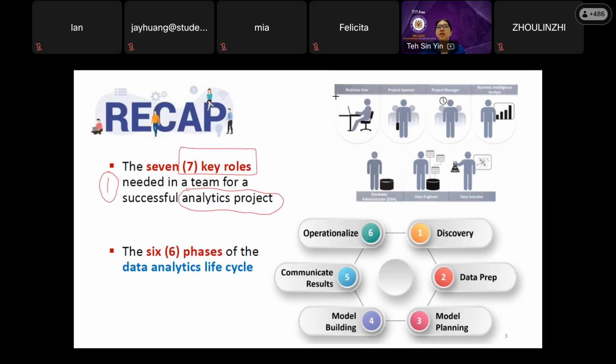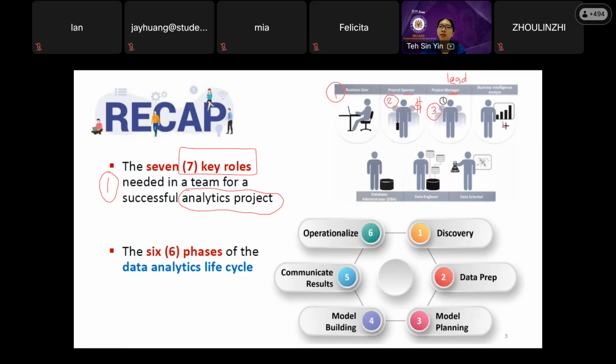So these include the first one, the business user. When I go through, it is better that you follow and try to remember. The second one is the project sponsor. Sponsor, from the term itself, you know this is about the money. I will go through one by one later in the next slide. The third one is the project manager. The manager is the leader in this team, the analytic lead, the leader in this team.